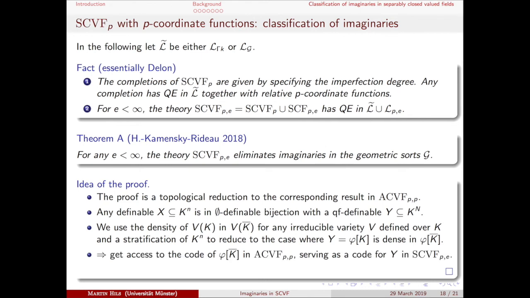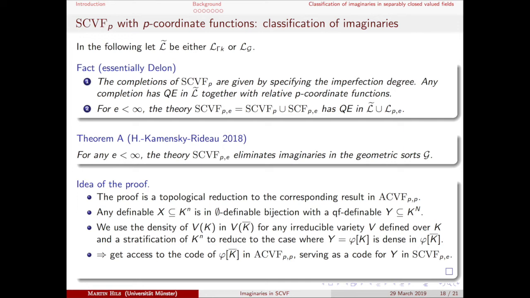You can see what happens in the algebraic closure from the point of view of K. But in K bar you have a code, because ACVF does eliminate imaginaries, and somehow you manage to see this code already from the point of view of ACVF, and you can use it. Okay, that's very rough, but I want